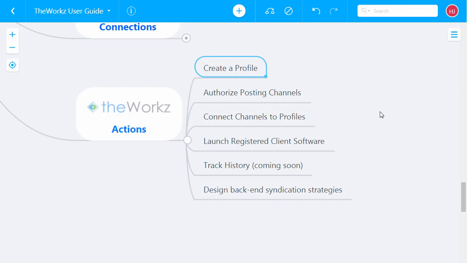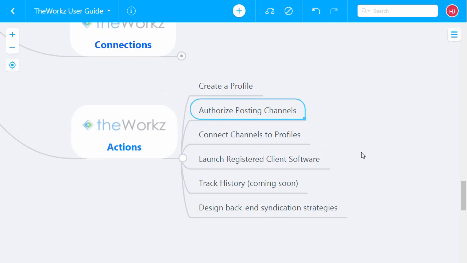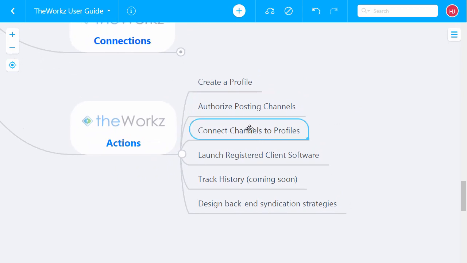Then you're going to be able to connect those channels to the profile. So you'll first authorize the channels, and then you'll take the appropriate channels and connect them to the profiles, so that when you use our client software with a profile, it's automatically going to use the connections that you've created on those profiles to publish your content and continue the syndication.